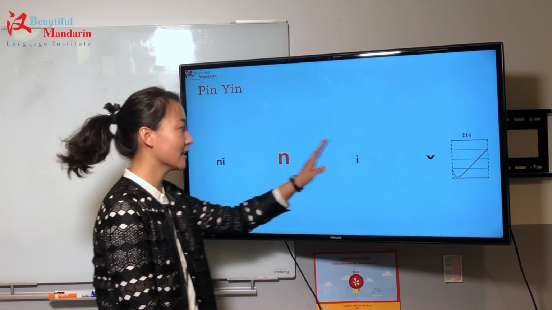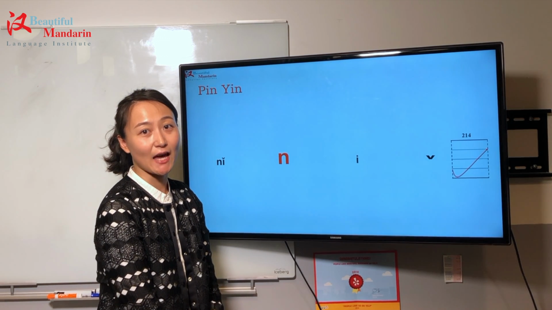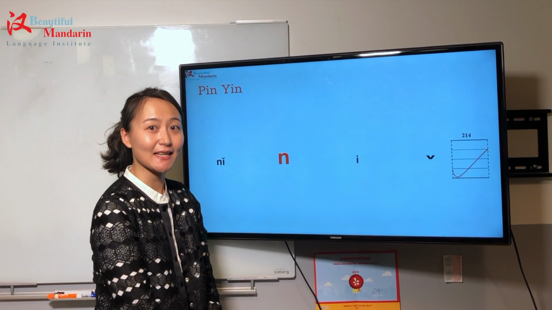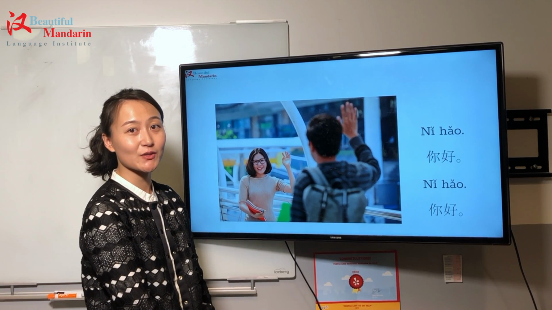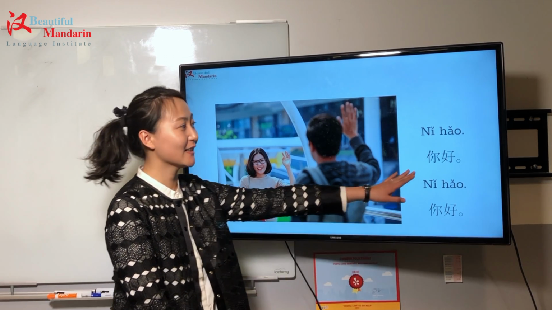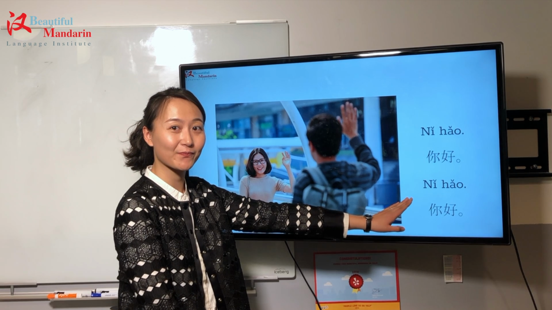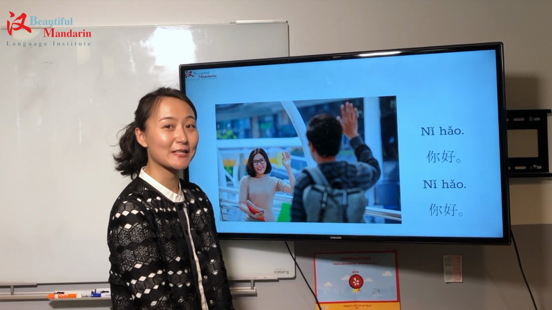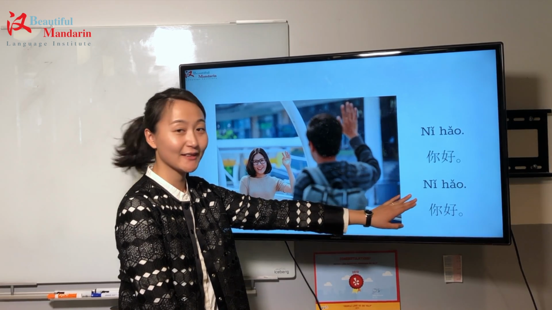以 你 So this is how you pronounce 你 as in 你好. Are you ready to start your first conversation in Mandarin? 你好你好. One more time. 你好你好